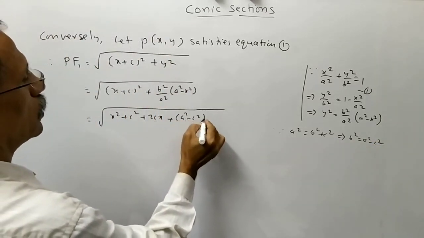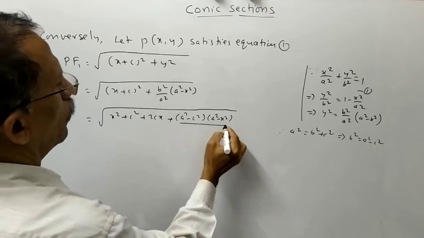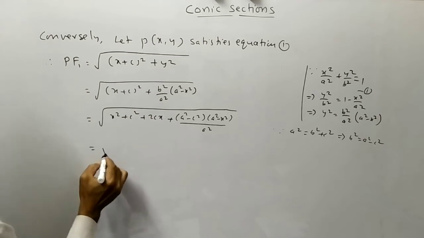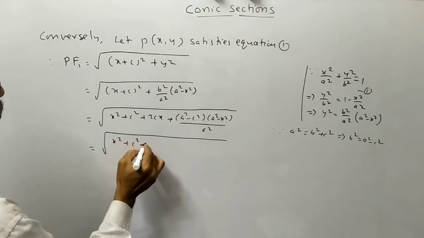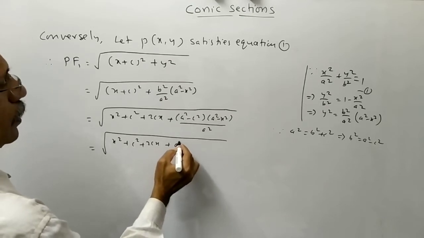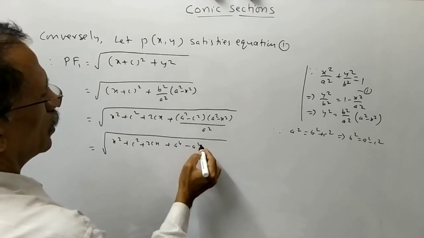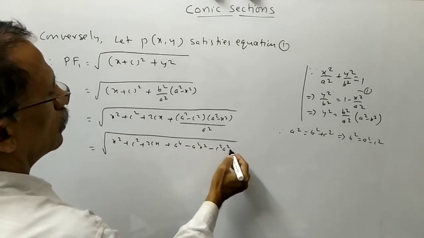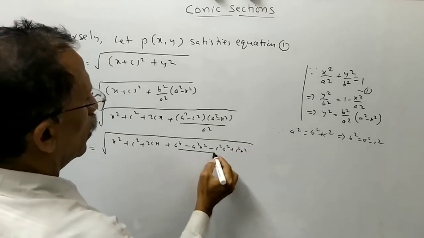(a square minus c square) into (a square minus x square) divided by a square is equal to square root of x square plus c square plus 2cx plus a raised to the power 4 minus a square x square minus c square a square plus c square x square divided by